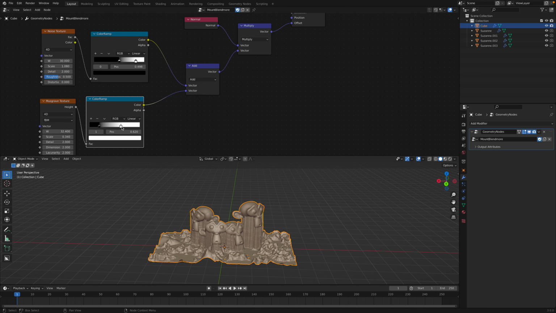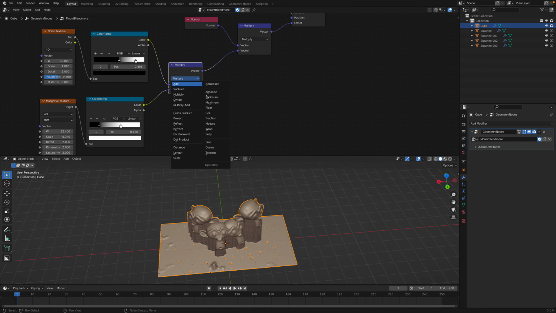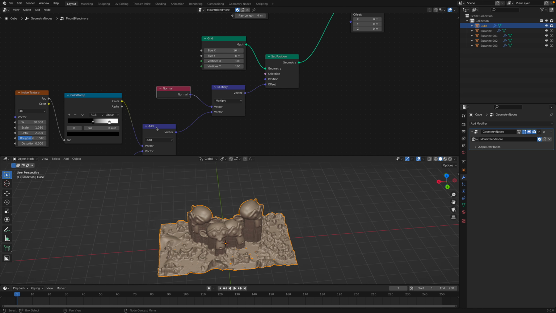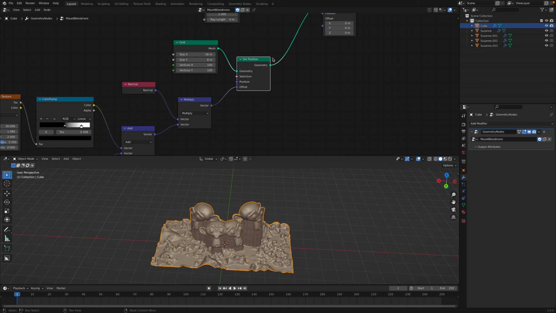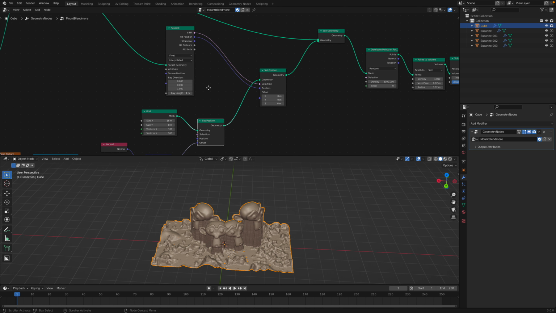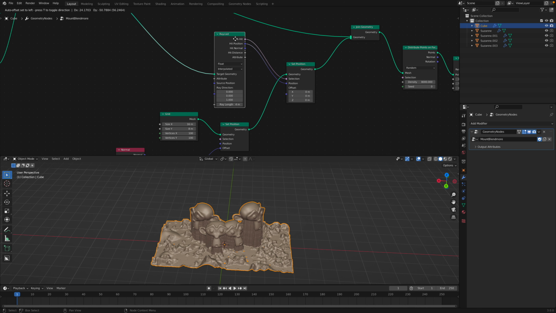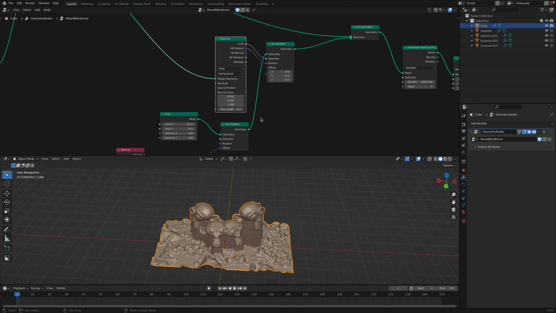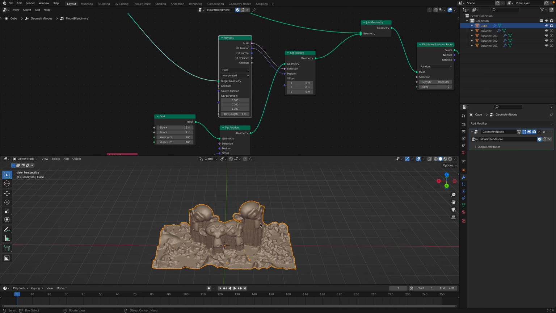Okay, so noise and color ramp, this is just to change the contrast, just being added together. I can multiply actually. Yeah, it's actually better to add, and just use this value to multiply the normal of the grid, and then using it with the set position and raycast. Okay, it might seem pretty weird, but I'm using the raycast: is it hit from the grid into the monkey? If yes, then use it as selection and then just change the position